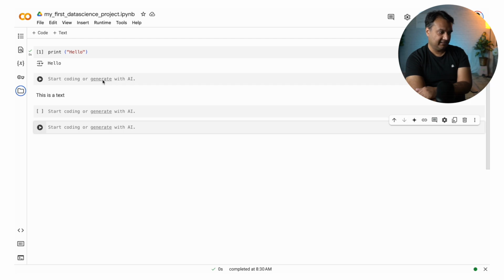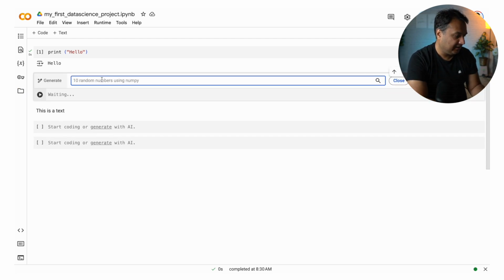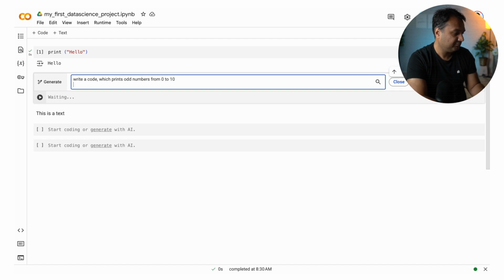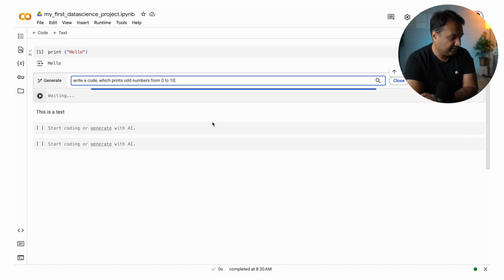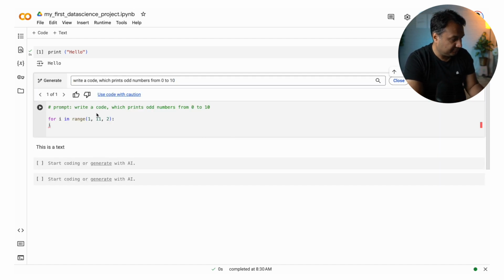So if I ask it to write a code which prints numbers, let's say odd numbers from 0 to 10, and I enter it, it has written the code.